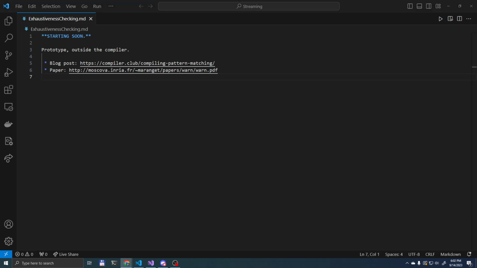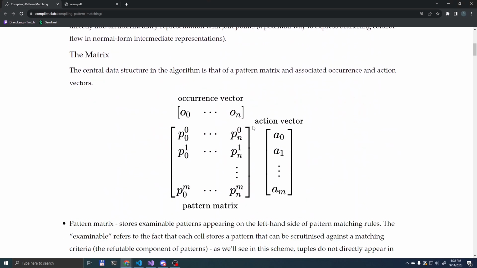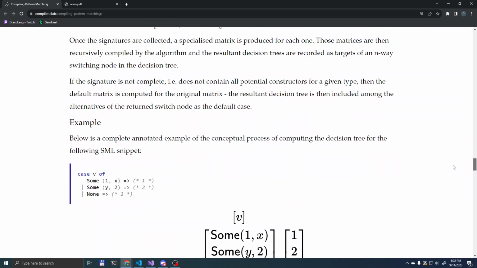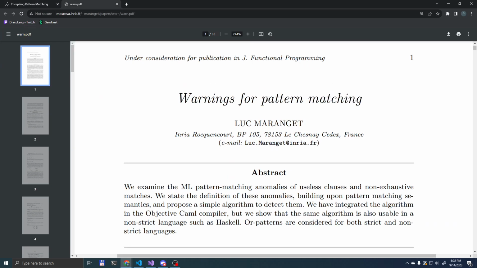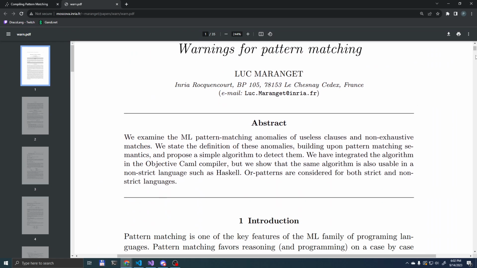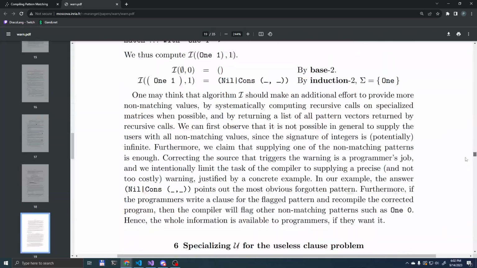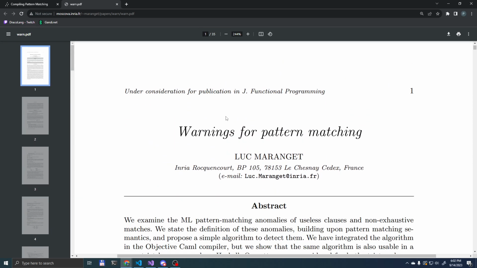I'll also have these two open on a separate tab here. I'll show you both. So this is the blog post. It's a high-level overview of the algorithm. This is mainly what I've read for a quick recap. And this is the beautiful paper itself, which is the same thing, more formally, and publicized somewhere. I'm not sure. Oh, it's in the Journal of Functional Programming. Okay. So,